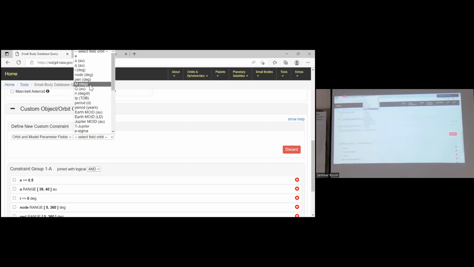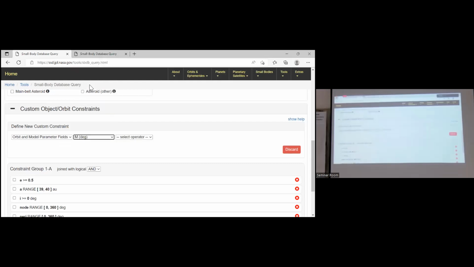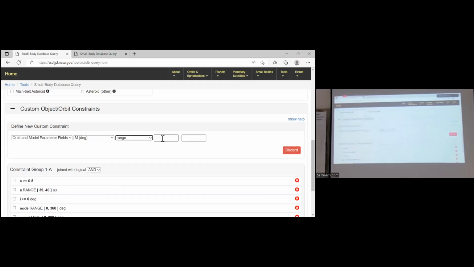Mean anomaly, M. Operator, same. Mean anomaly has range between 0 to 360.